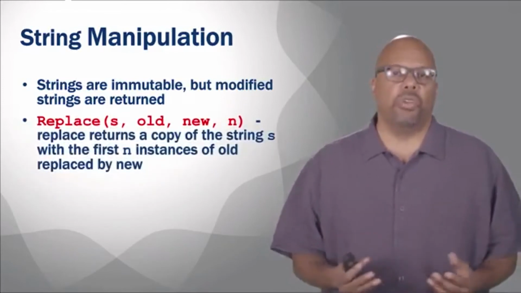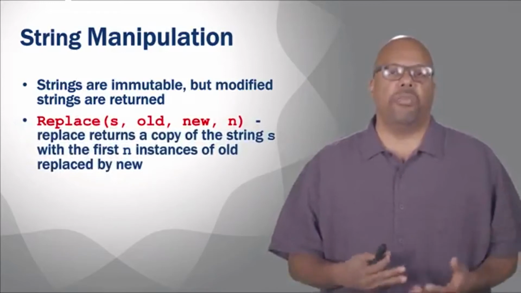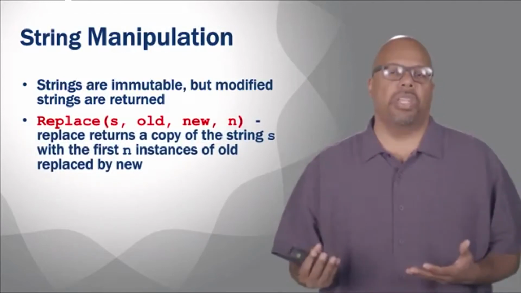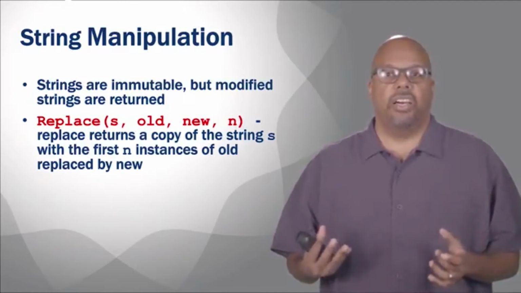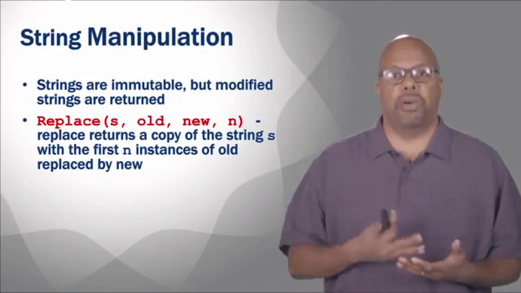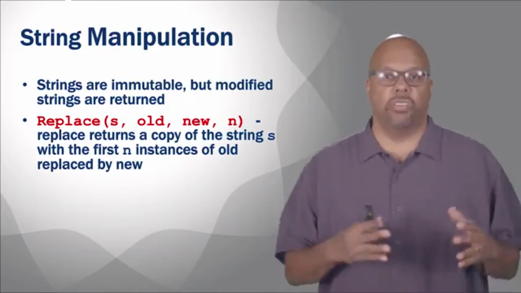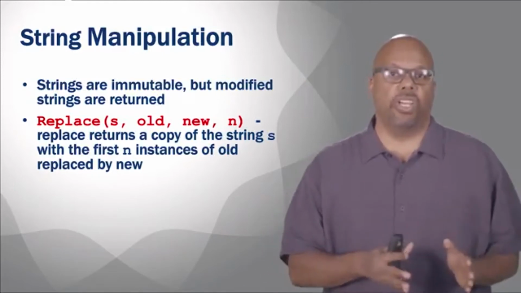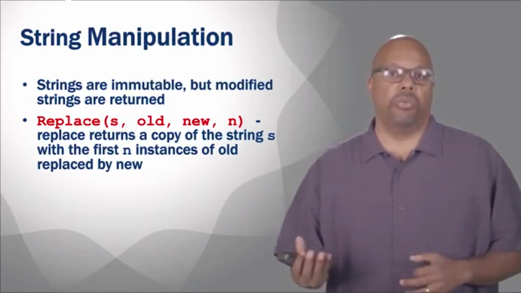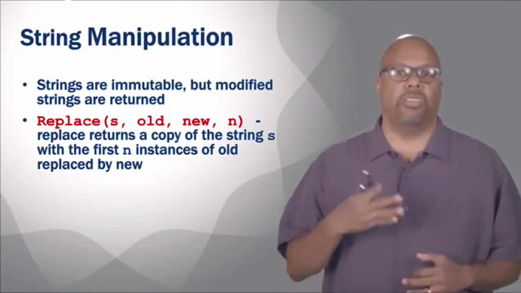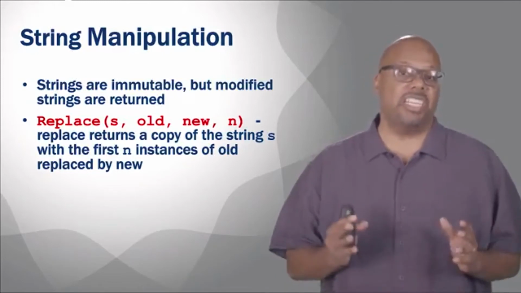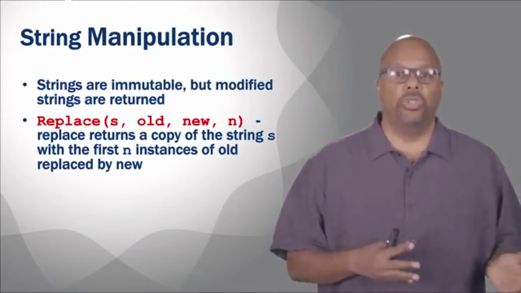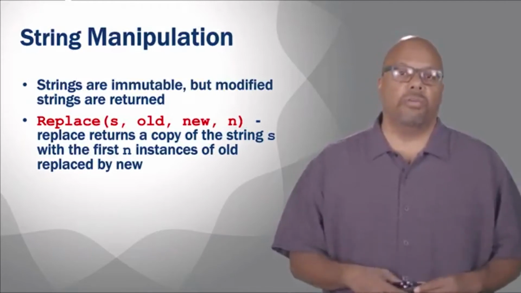So the first one would be replace. With replace, you basically take a string and it allows you to replace instances: whenever it finds an occurrence of old, it replaces it by an occurrence of new. So these are all strings. There's a big string S, there's a substring old and another substring new. It replaces instances of old with instances of new and returns you a new string. So S, the original string, is not actually changed. It returns you a new string with the replacements performed.